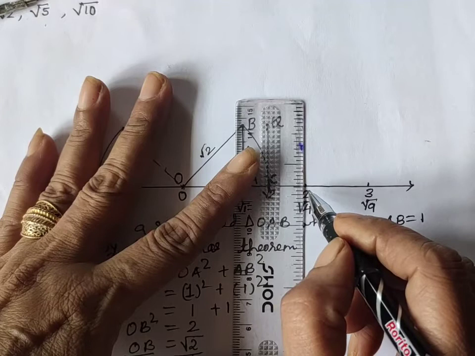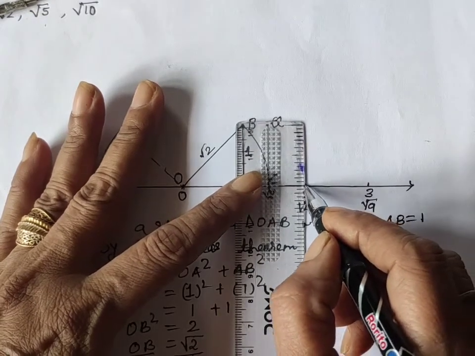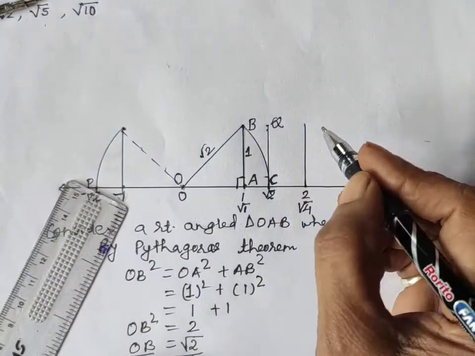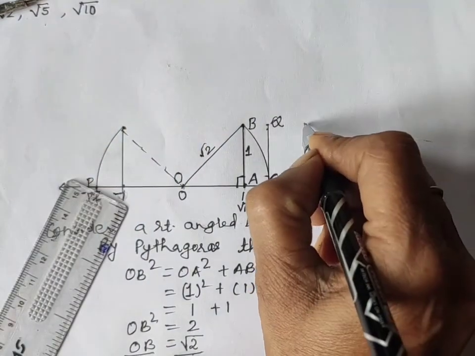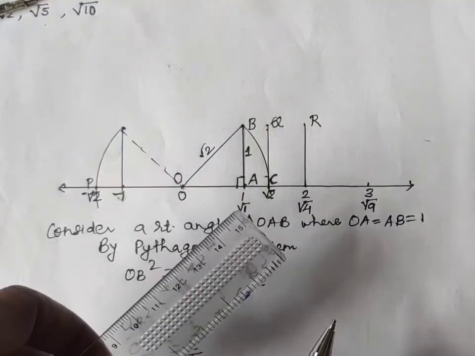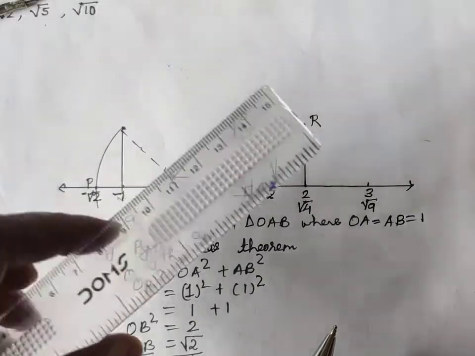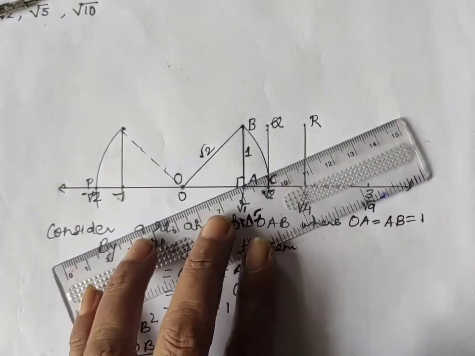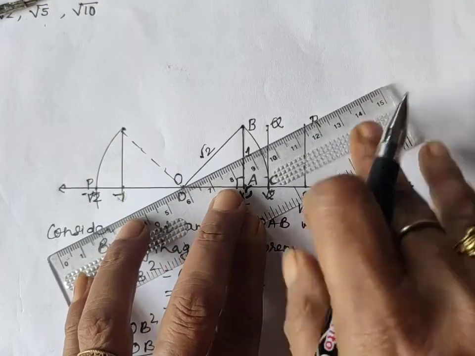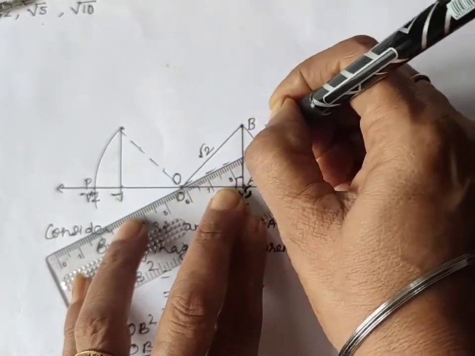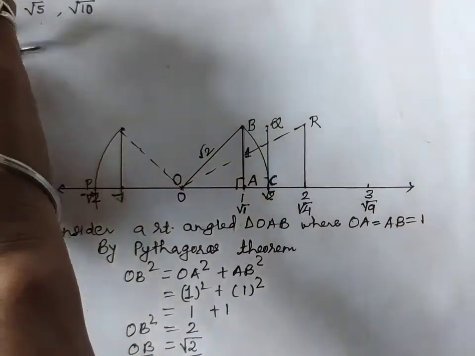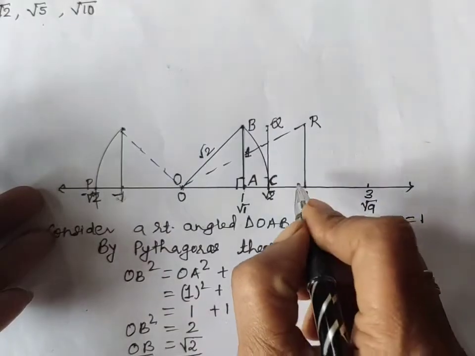Now our question is root 5, so root 5 comes after root 4. So directly what you can do, here you will draw a number line, you will take 1 unit, and suppose this is the name, I am giving it as R. Now from O to R, draw an arc with point O as center. So let's first join OR with the scale. This will be your new radius. Now we have joined here. Again this is also a right angle triangle, you can see.